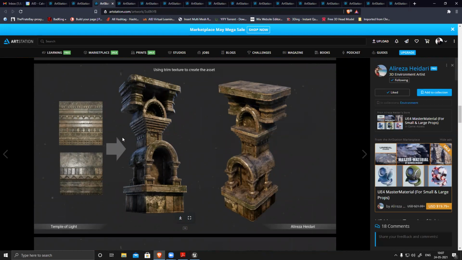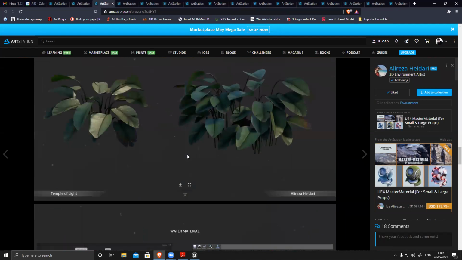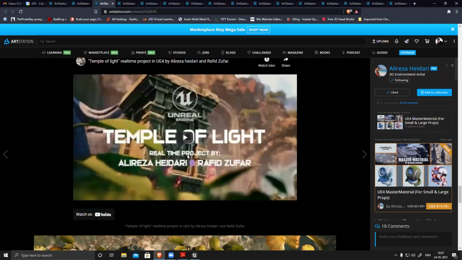Trim sheets are another texturing technique, where we create flat textures and unwrap the UVs according to the texture. We don't model first and then create the texture according to the model. We create the texture, and model and UV it according to the texture. It's a little exactly opposite to what we do usually, but it gives you better results, very good quality output.